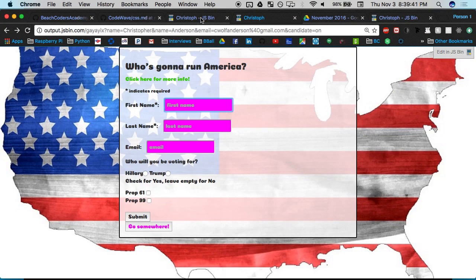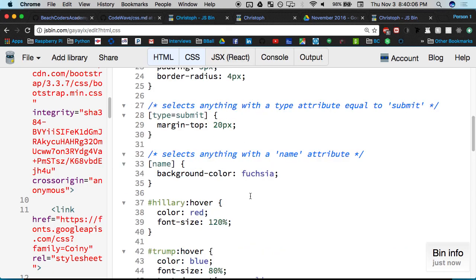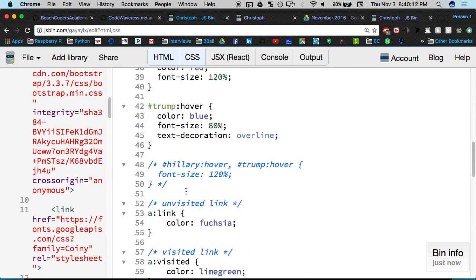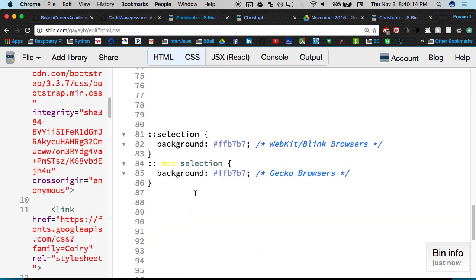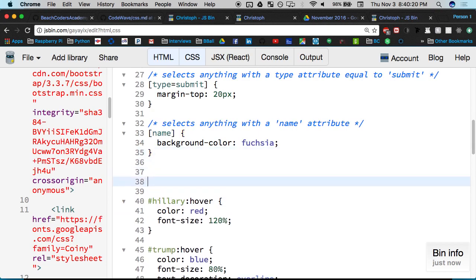So the way transitions work is you target the base element, you give it a transition property, what you want to change and for how many seconds, and then you create a new hover CSS property, and then you change it on that. I know that didn't make any sense, but it will in a second. So let's first target Hillary. Don't think we have a plain Hillary. Okay, cool. So, step one,